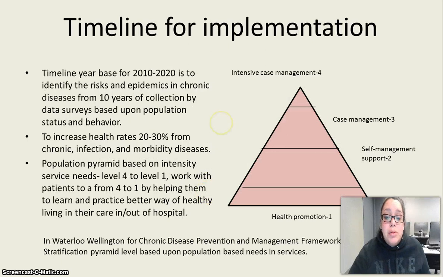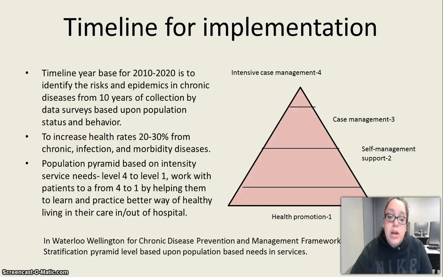A timeline for implementation. The timeline for 2010 to 2020 is to identify the risks in epidemic and chronic diseases, with 10 years of collection from database surveys based upon the population status and their behavior. To increase the health rates by 20 to 30% from these chronic infection and morbidity diseases. The population pyramid is based on intensity of services from level 4 to level 1. It's basically working with these patients to help them learn and practice a better way of healthy living in and